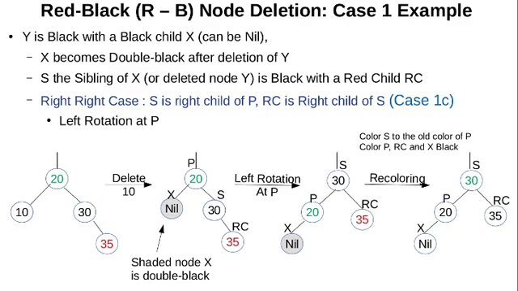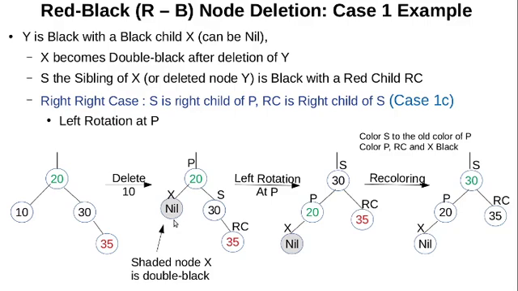When we delete the black node 10, the black height at its ancestors is decreased and the orphaned child, which is nil node, is required to contribute double blackness to compensate for the black height reduction. Our aim is to reduce the blackness of nil node X without violating other red-black tree properties.